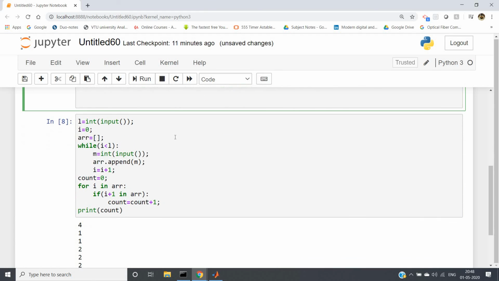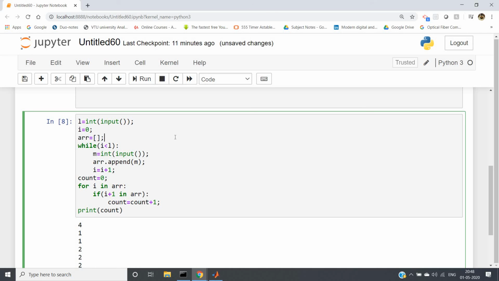So this is how we can apply the concepts and different methods I have discussed for the list data structure in Python, or we can say the list collection in Python, which is very important and will be very useful in competitive programming. This is one of the simple problems. Practice this kind of problem so that you can solve harder problems which may appear in placement or interview processes.